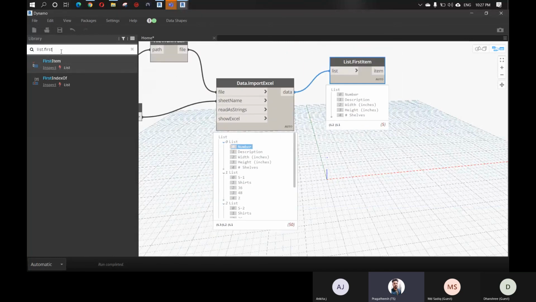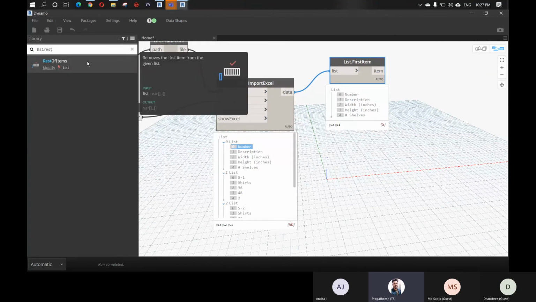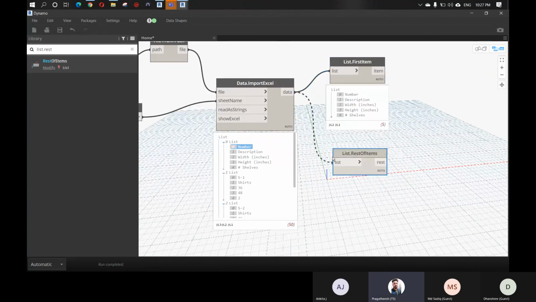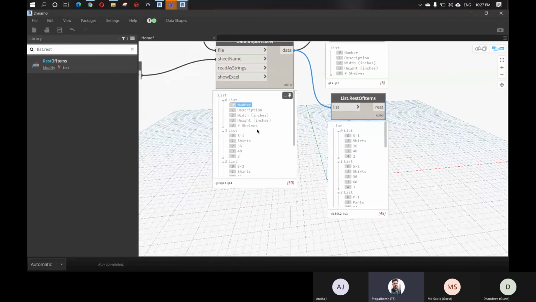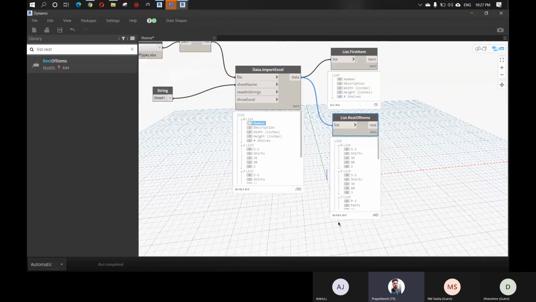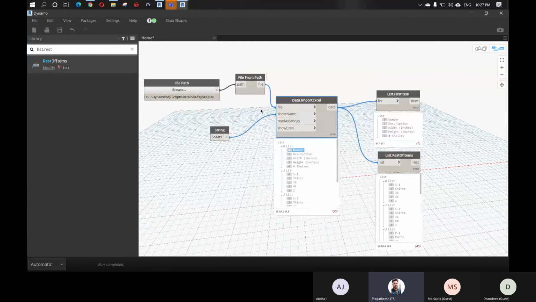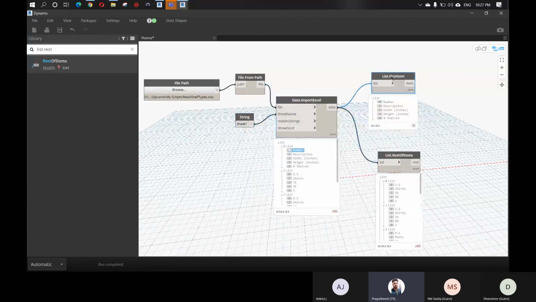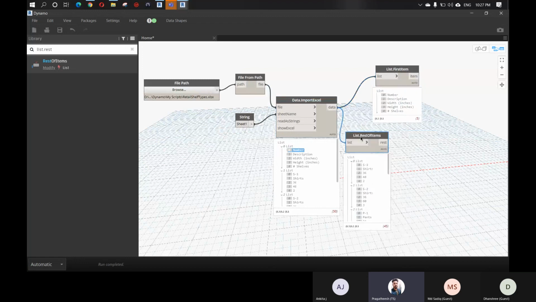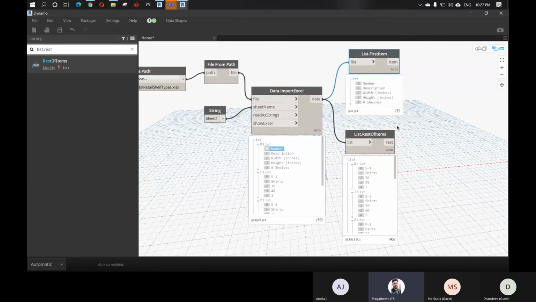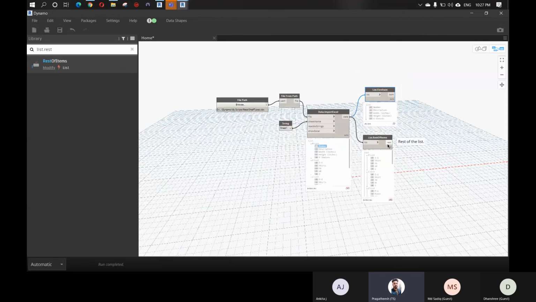You also have List.RestOfItems, and you get all the rest of the items except the first one. Like this, we can import Excel from outside Revit, and you can do functions here, like changing anything, etc.